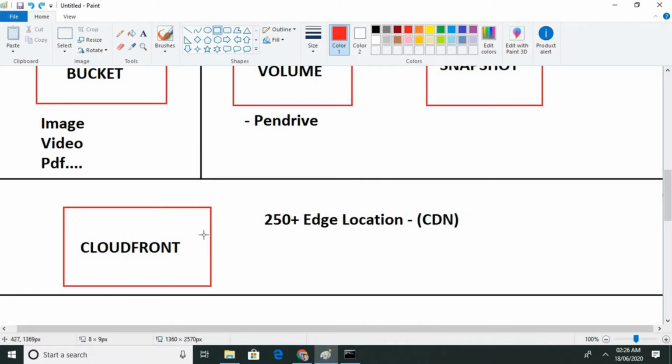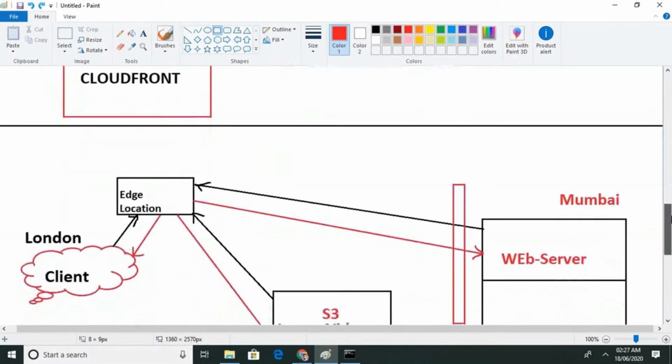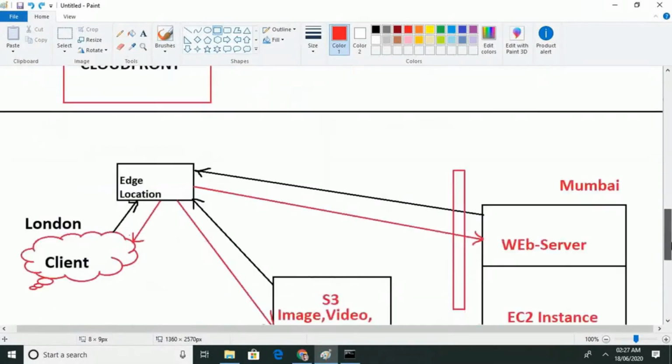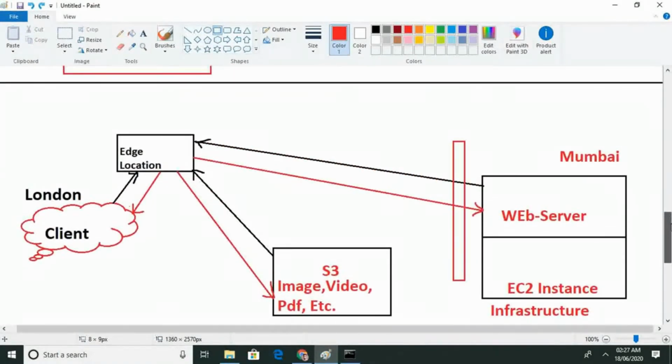Let's understand how it works. For example, suppose you have launched your service in Mumbai, and your client is in London.